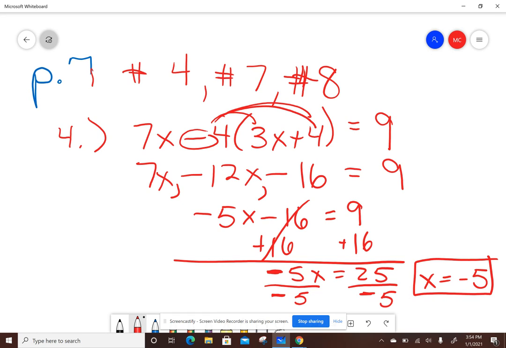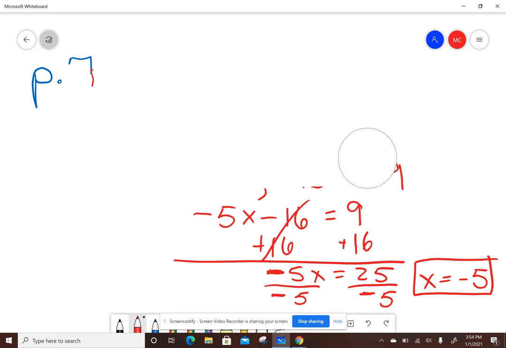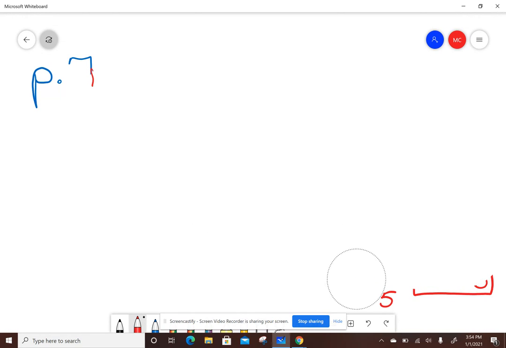So a common mistake on a problem like this would have been to have an answer of positive 5. Be careful. When your variable is negative, you divide by a negative coefficient. Okay. So now we're going to do number 7 and 8. Okay. So number 7,